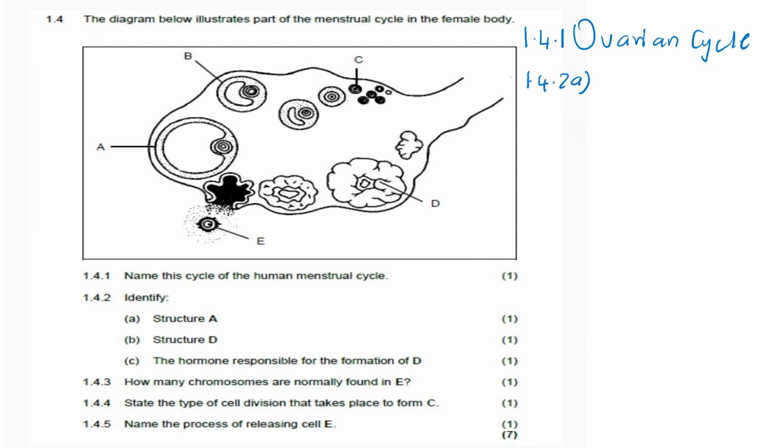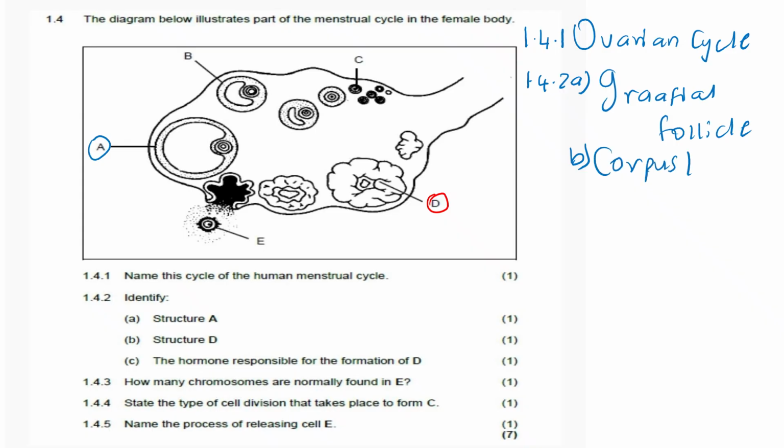1.4.2a, identify structure A. This is our structure A. It is what we call a Graafian follicle. A Graafian follicle, right? Now B, structure D. Where is our structure D? This is our structure D. Structure D is what we call a corpus luteum, right? Corpus luteum. And then C, the hormone responsible for the formation of D, is what we call